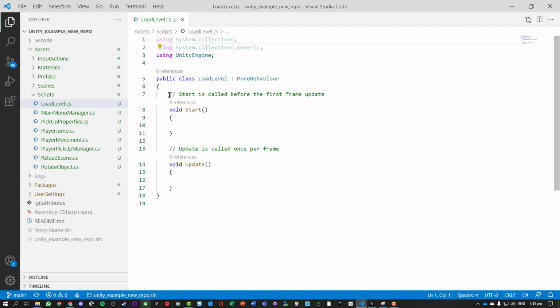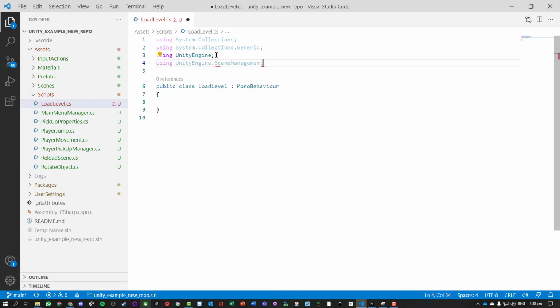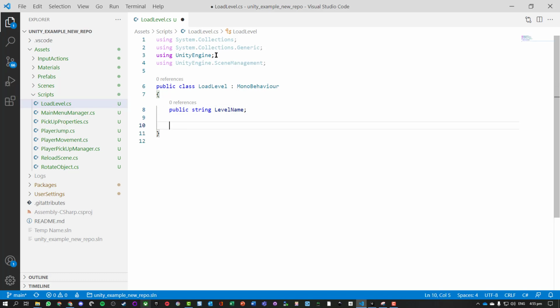and we're going to clear out all these other functions in the middle, and I need to use the Unity Engine scene management library, and because I want to make this generic so that I can reuse this class on any different object for a trigger, I'm going to make a public string for level name, and then I need to use the OnTriggerEnter,